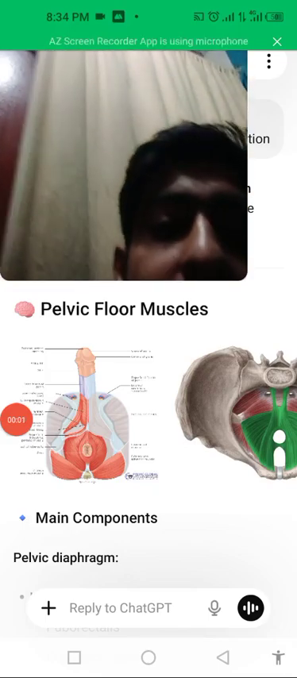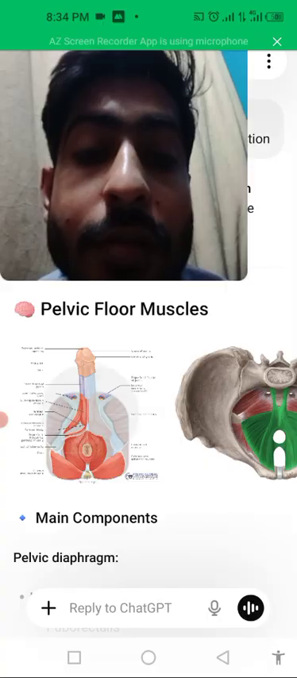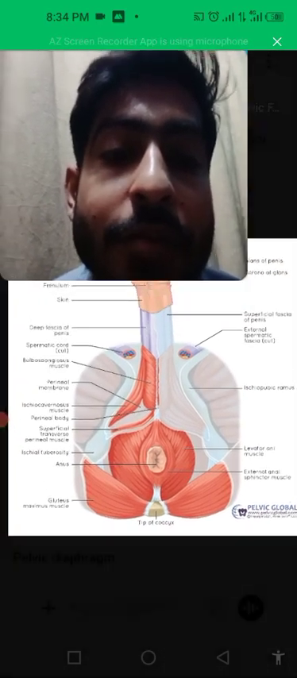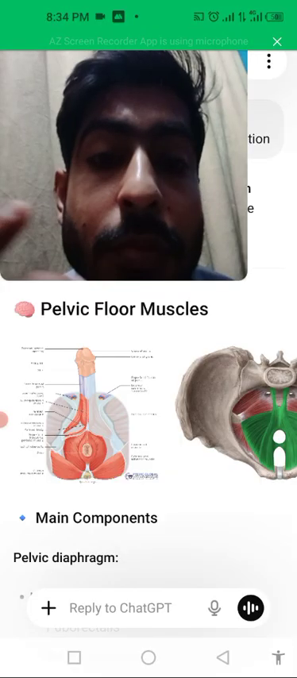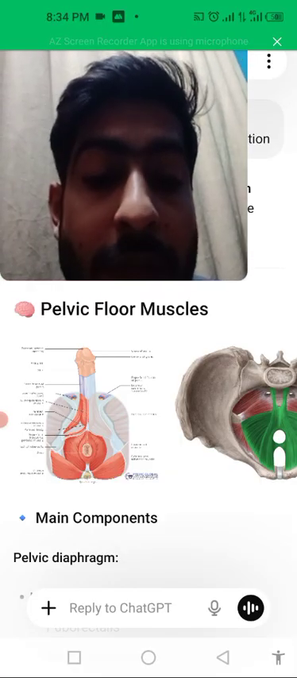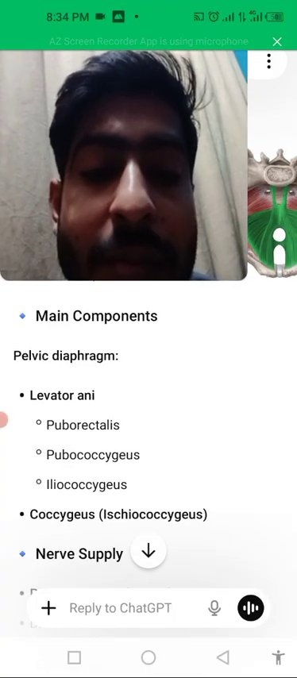Okay, so now we will be comparing the muscles of the pelvic floor as well as the muscles of mastication. These two muscle groups have different nerve supply, but we are going to compare them just to memorize them in a better way. As you can see, the muscles of the pelvic floor include the pelvic diaphragm, which includes the levator ani muscle and the coccygeal muscle,